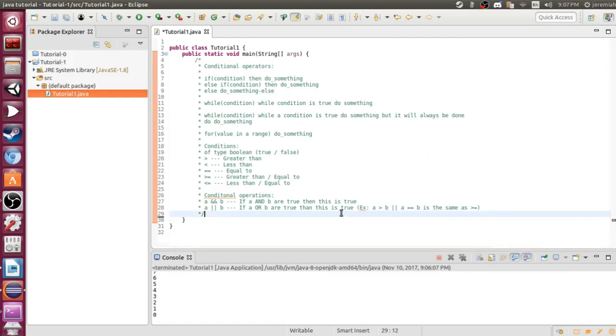So we have all these new types. We have all these new conditional operators. We have a bunch of new stuff we can play with. Well, what if we wanted to make our own types? What if we wanted to have